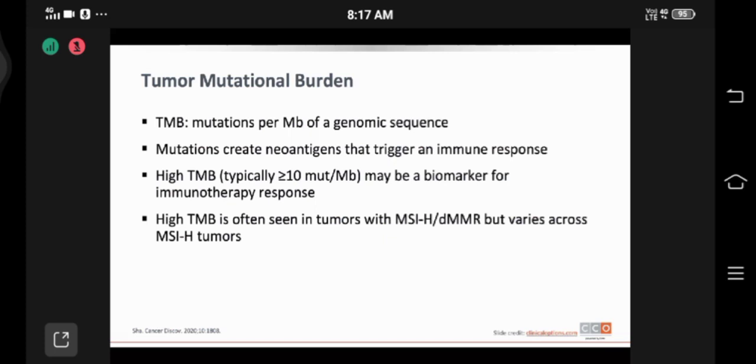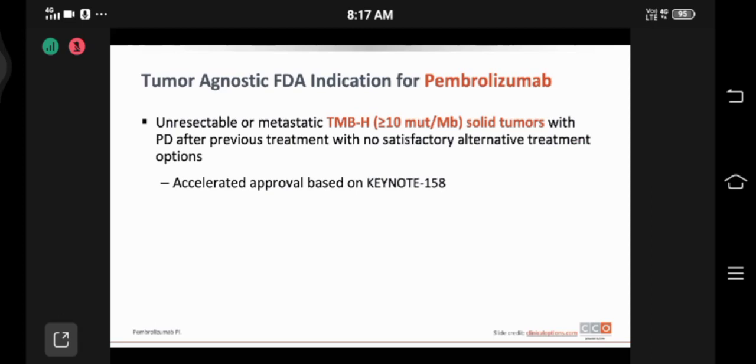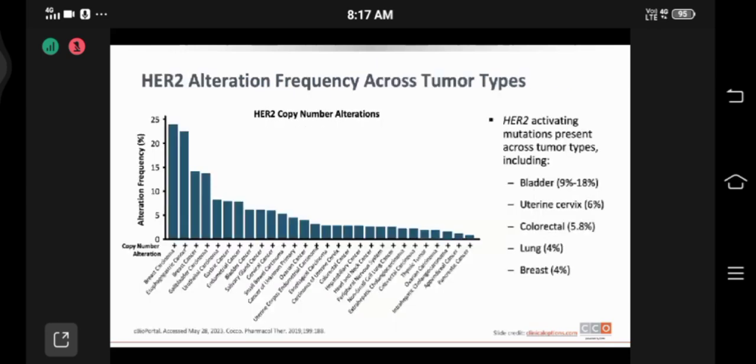So tumor mutational burden is nothing but mutations per megabase of a genomic sequence. And these mutations create neoantigens that can trigger an immune response. So high tumor mutational burden may be a biomarker for immunotherapy response. So this is something again irrespective of the cancer site. If we pick up a tumor mutational burden, we can treat it with immunotherapy. And Keynote 158 is the trial where they said any solid tumor with a tumor mutational burden of more than 10, you can go ahead and give immunotherapy. And again, the response rates are almost 50 to 60%,